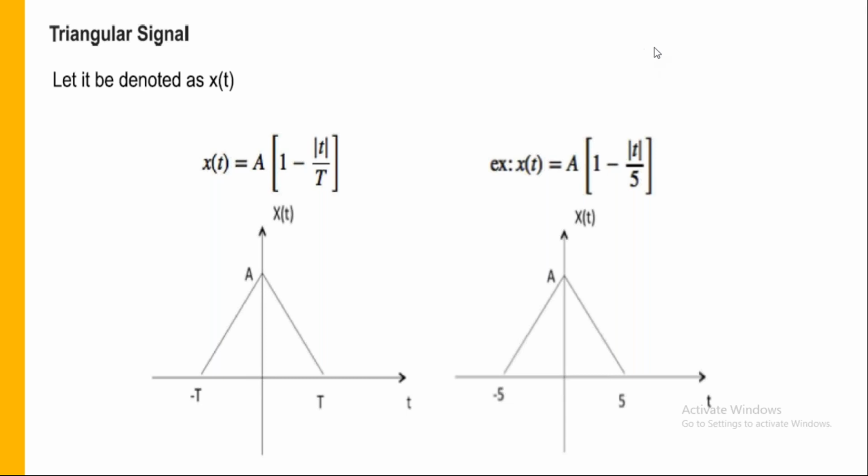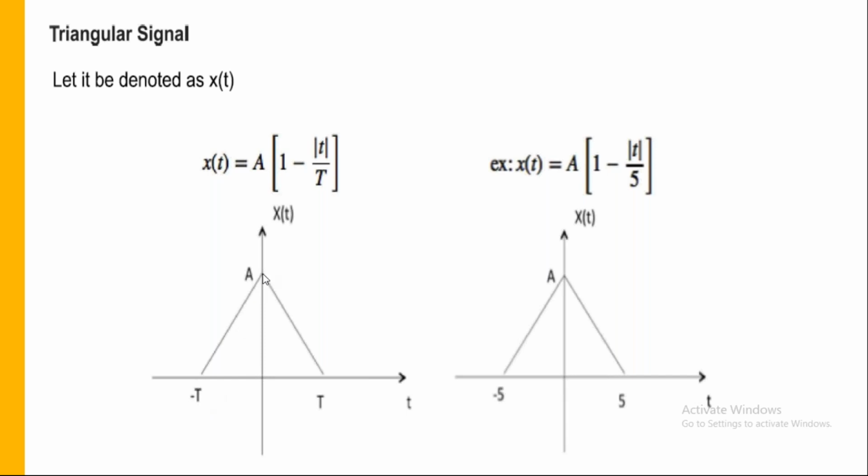Here if you observe, here we are going to get x of t. Now you consider this point. What is the coordinate at this place? The coordinate at this place is minus T comma 0. Since on the x-axis we don't have the value of y, here the value of y is 0. So I can write the coordinate at this place is minus T comma 0.